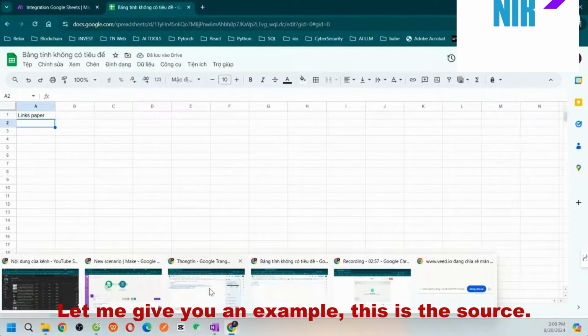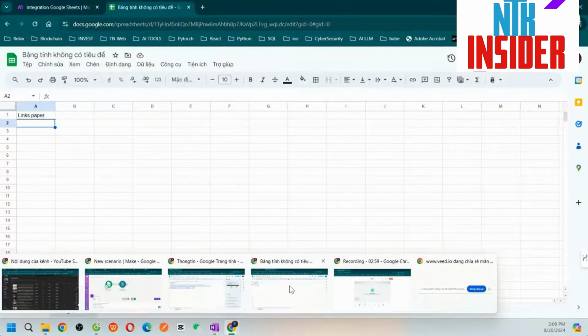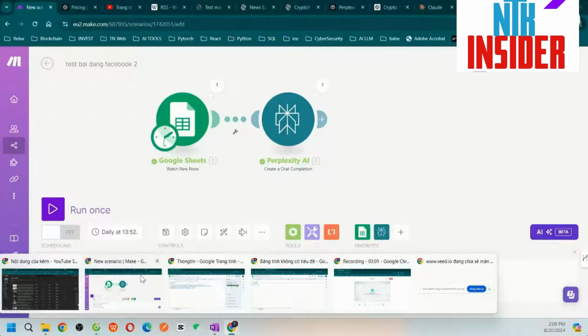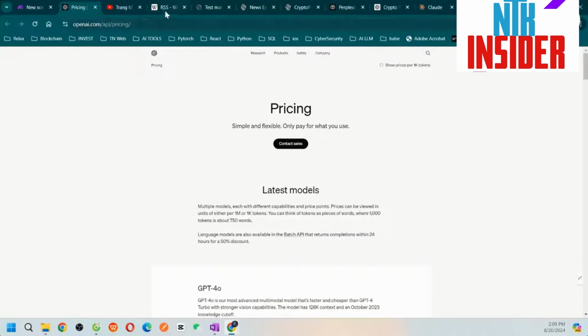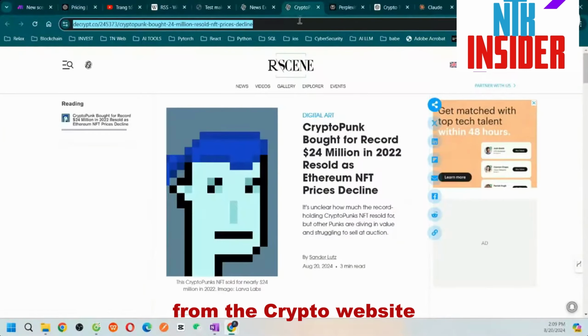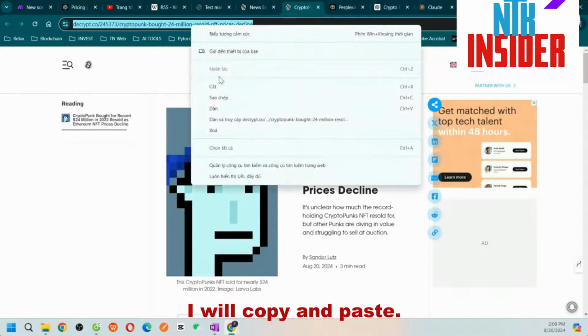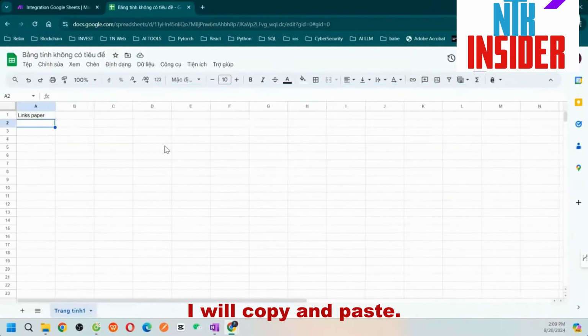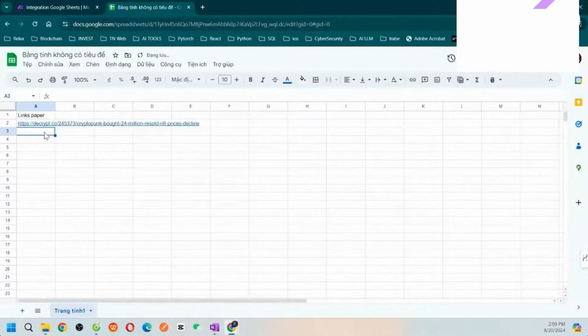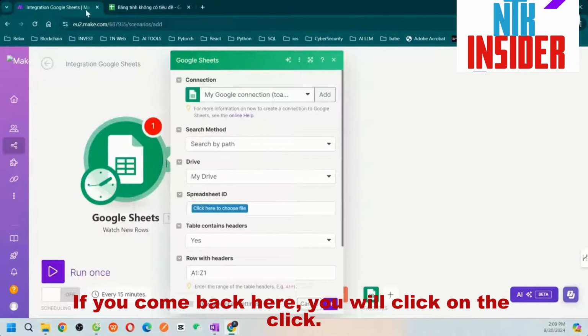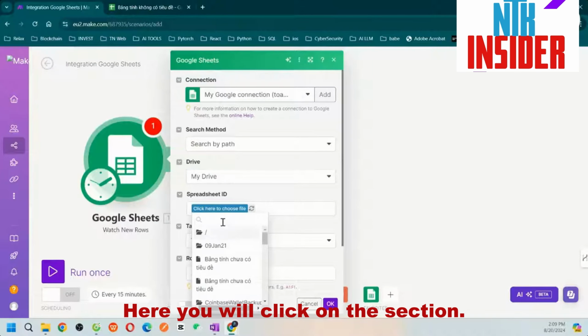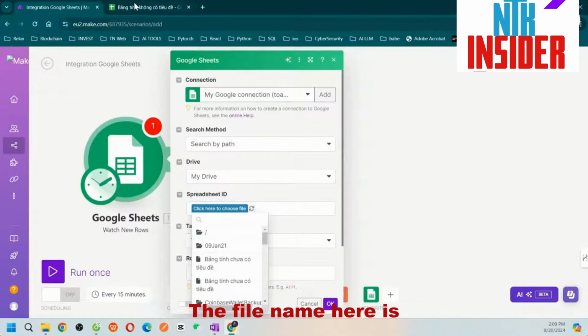Let me give you an example. This is the source, an article from a crypto website. I will copy and paste it, and you click here. If you come back here, you click on this section. The file name here is